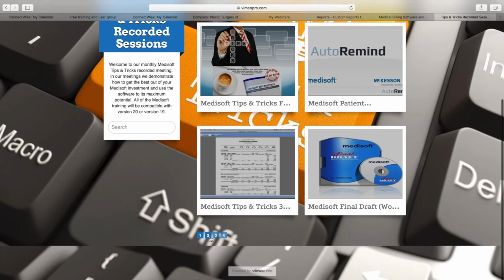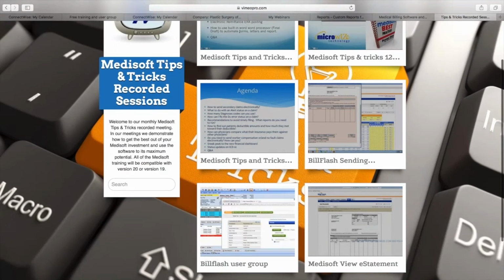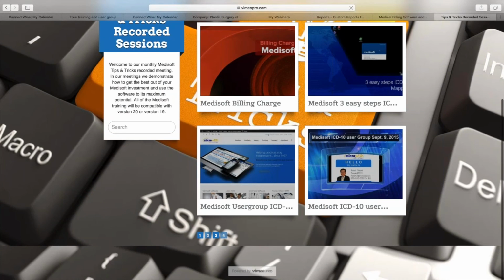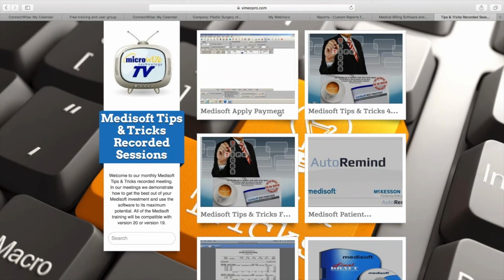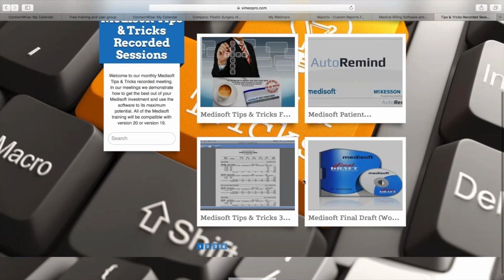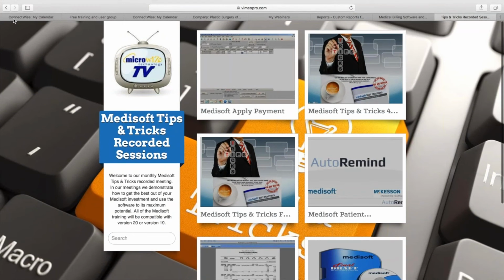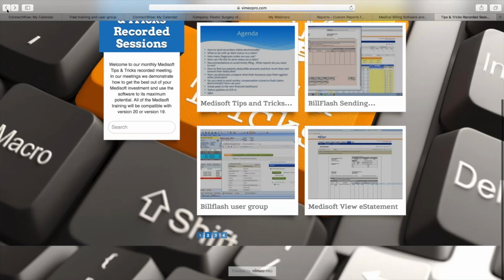So just at the bottom here, I can move to different screens, so I get to see more. Each one of those is either something I wanted to show you or a recording of tips and tricks, just like the one we did today. The same thing you can actually do from,